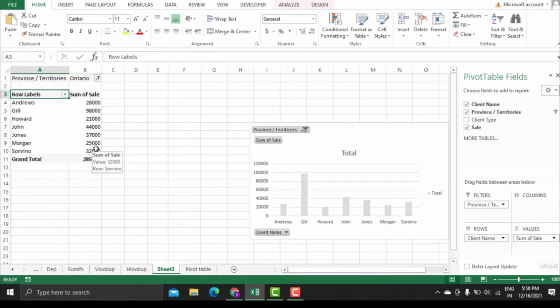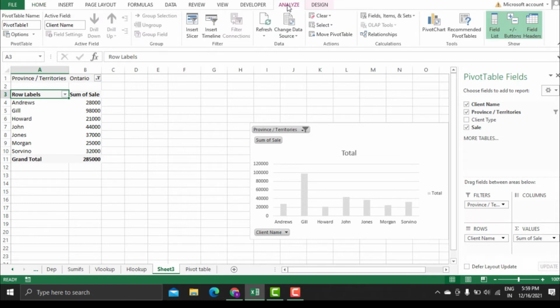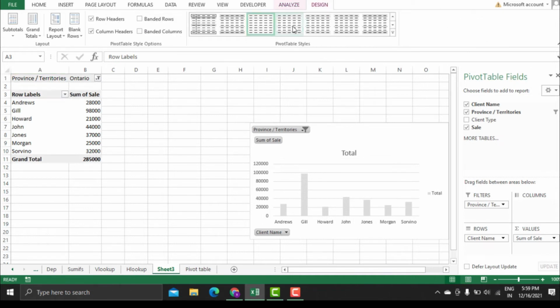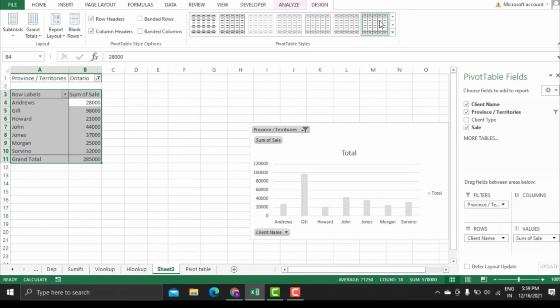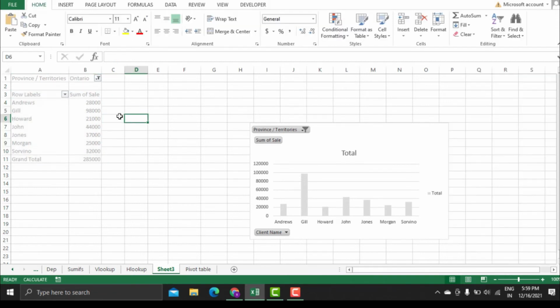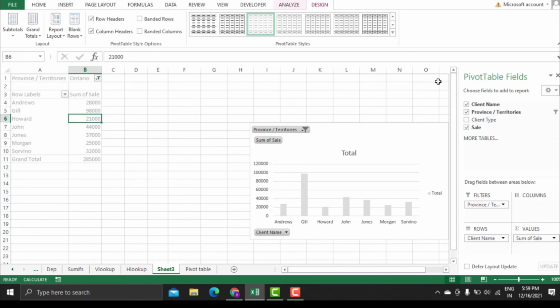You can customize many things for this pivot table from these pivot table tools like Analyze. Here you can see you can add slicer, insert timeline, change source data and other things, and from this side you can change the design of your table. Now when you click outside this table, those tools will disappear, and when you click here you can see fields here and these tools here.